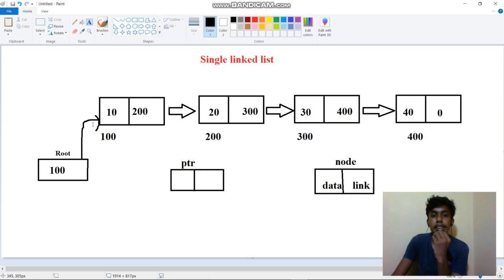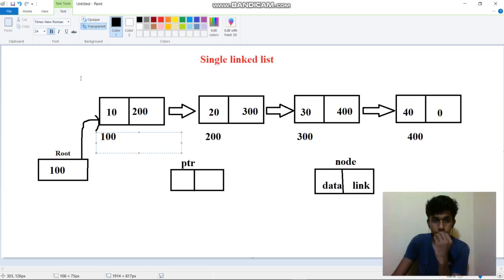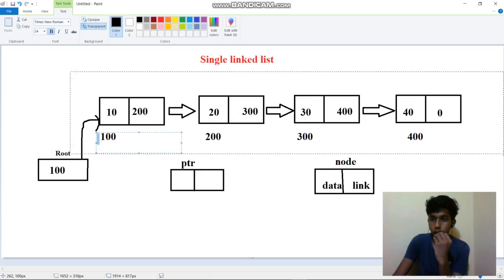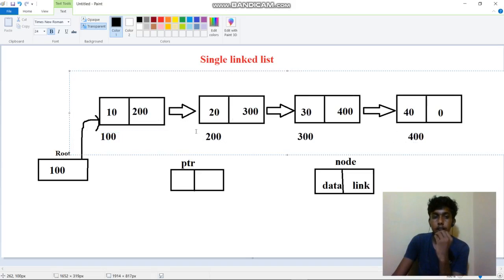So this is the single linked list. By knowing only the first element address, we can access all the other data, 20, 30, 40, from the node, because the first element contains the second element address.